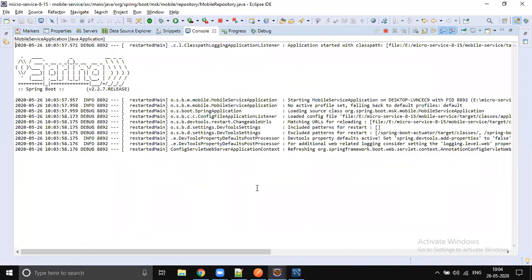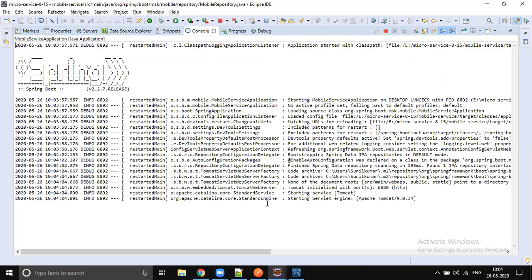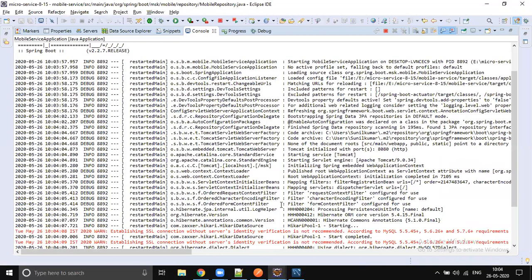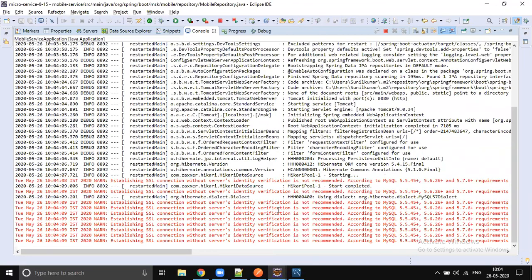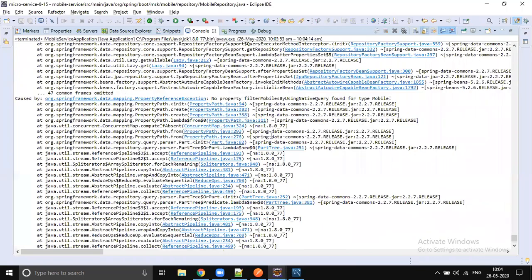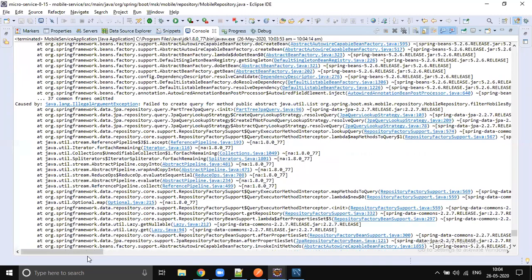So taking a 10,000 feet view, you're missing the ground. Fully into JPA now. The filter for mobiles, still there is some problem. That I will check, why it is coming.